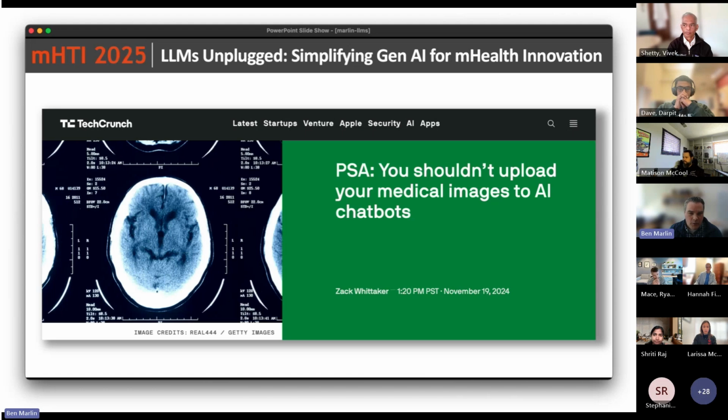Getting access to HIPAA compliant versions of these models is a little bit cumbersome, but there are ways to do it. So you can get access to OpenAI via Azure. There are other models you can access via AWS. So if you're looking at standing up some of these models in a way where you're actually going to feed user responses into them, or user data, participant data from your studies, you need to be very careful in how you do that to make sure that you're actually compliant with applicable laws, right?